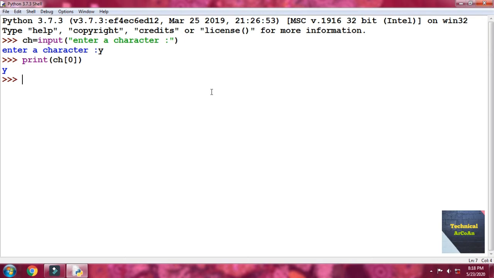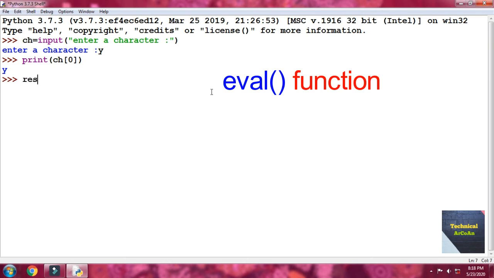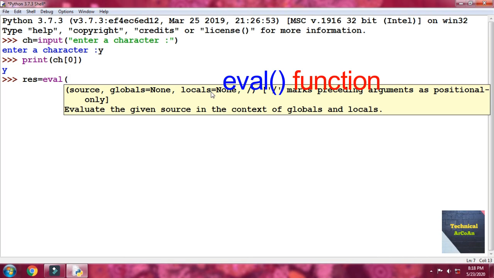So now go for another function, which is known as eval. Actually, the eval function evaluates a string and returns an object, okay. So go for an example. Suppose write res equal eval, okay, and after that suppose we take input